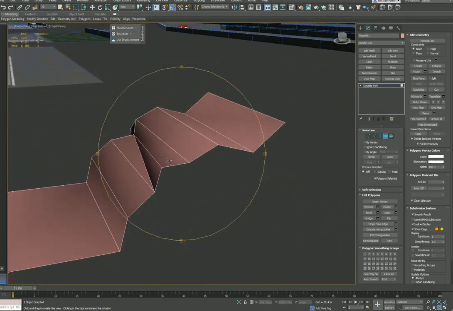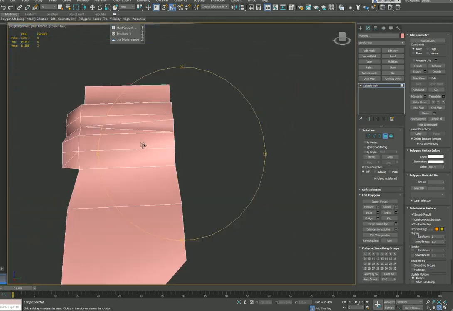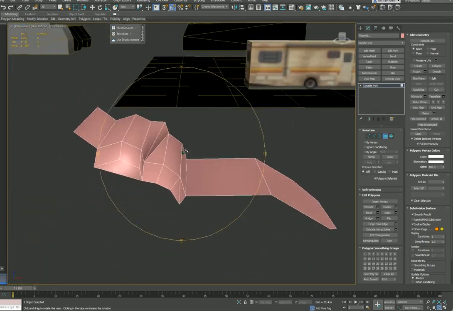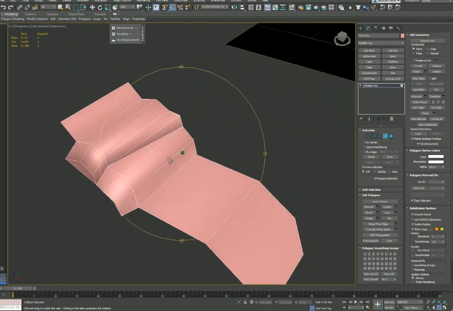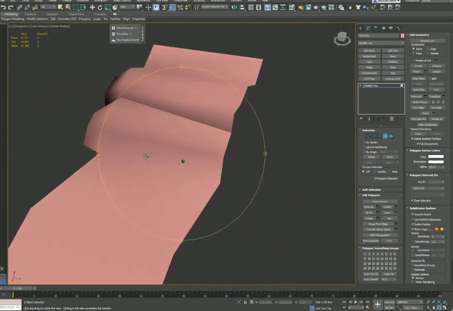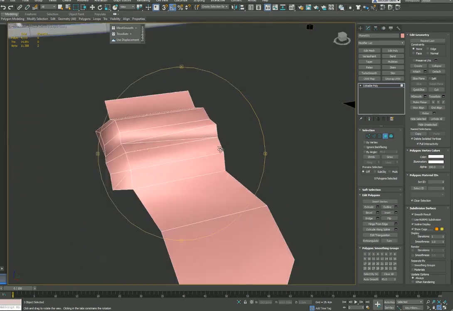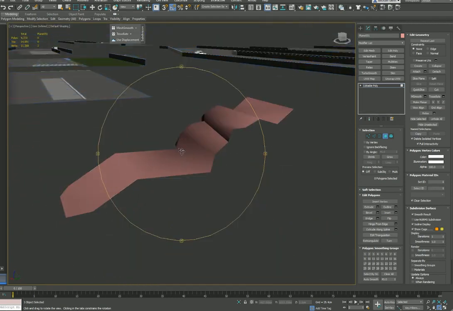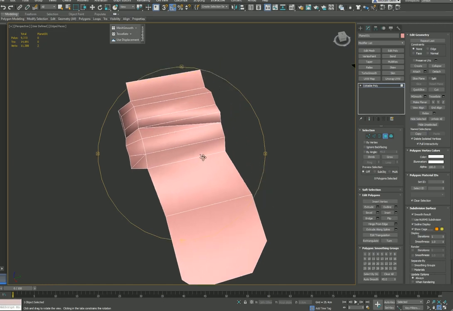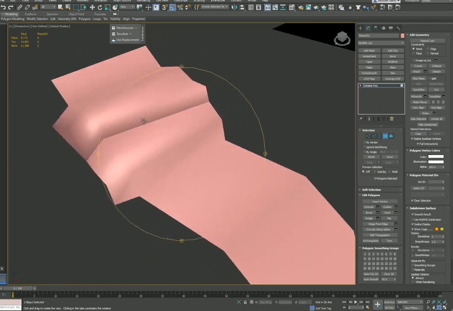So the smoothing groups are extremely powerful, and if you're trying to build a low poly mesh, you can see there's not a lot of polygons in this object. But by playing with the smoothing system, you can easily create anything you want. Okay, I think that's the end of part